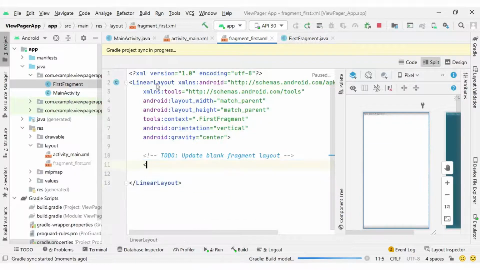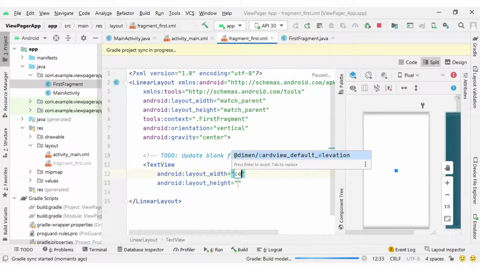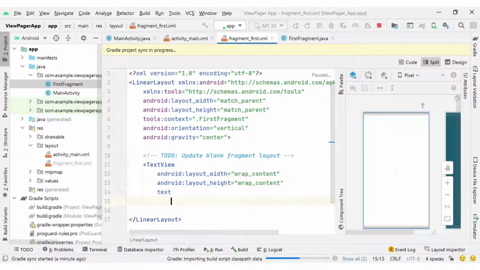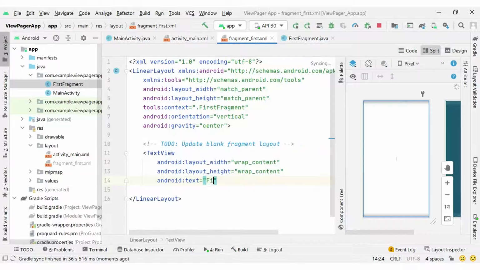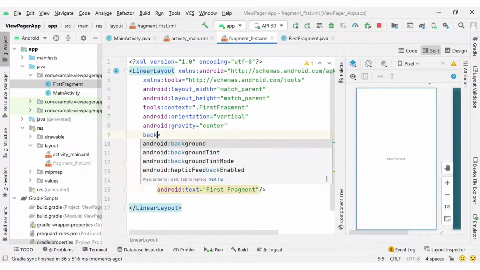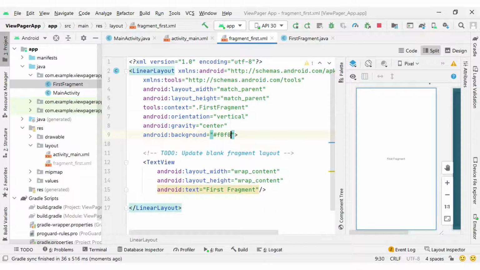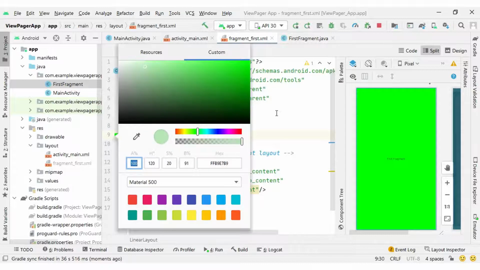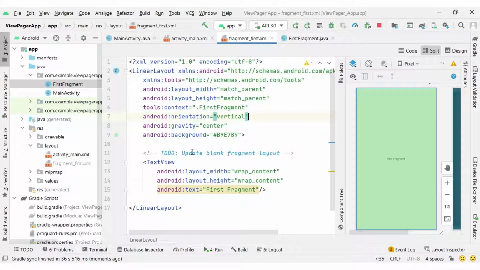We can display this TextView in the center of the screen, so we set wrap content and the text property to First Fragment. You can see this text will be displayed in the center of the screen, and I will also set the background color here, selecting that color from the list. Okay, so this is my first fragment.